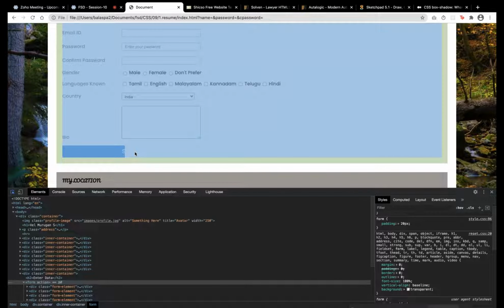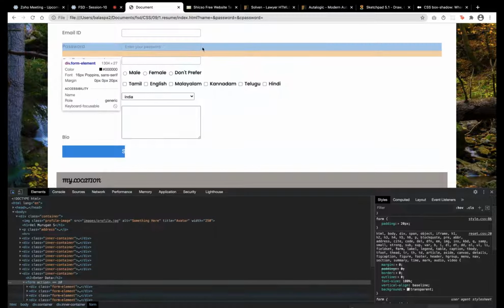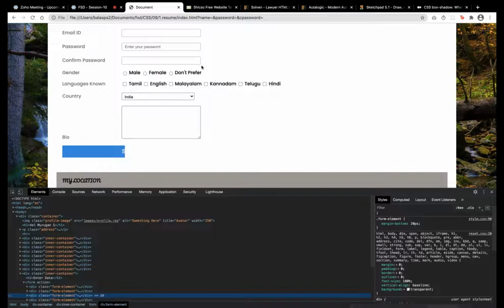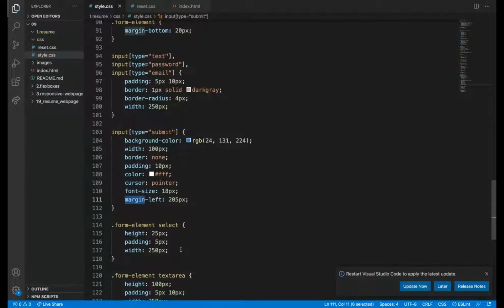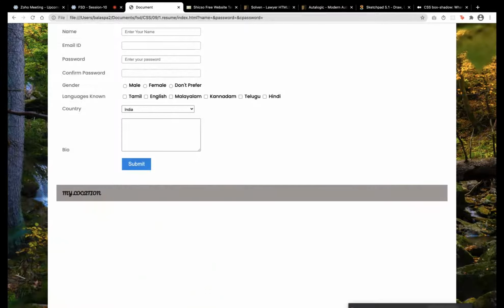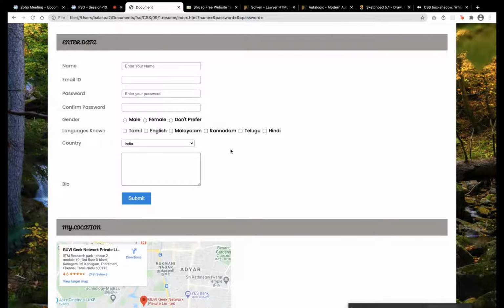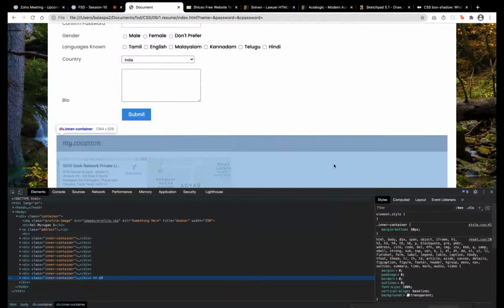That's why, every time, after you start working, you will come to know. For these kinds of things, margins will get applied to elements. To make space inside, padding will get applied. While practicing, you'll come to know. Margin left needs to be applied, and it came in line. I think this section looks a little bit better. We can leave it.